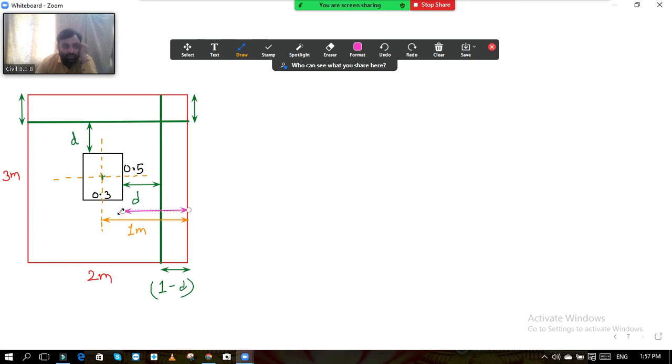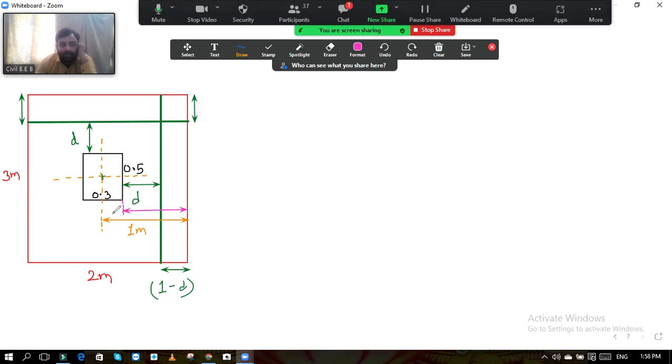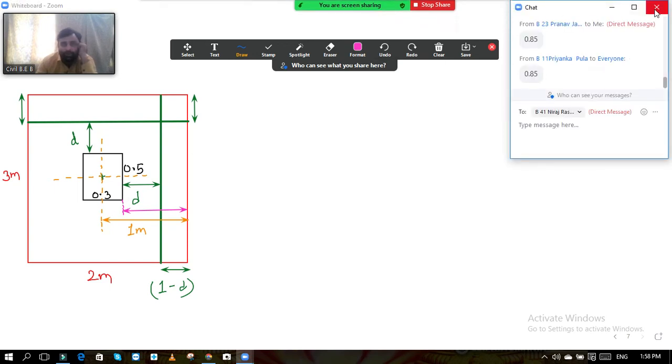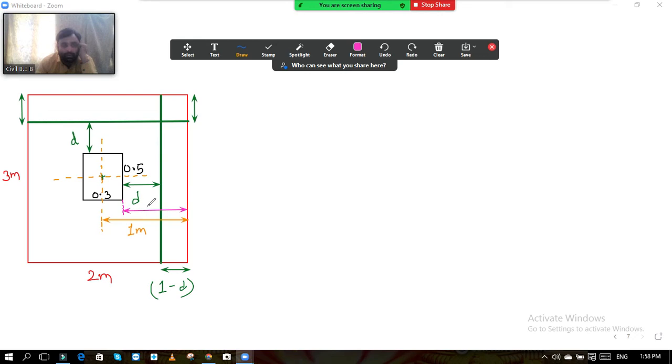किती येणार हे डिस्टन्स? Can anybody tell me from the face of the column, from here, from this point? हे डिस्टन्स किती आहे टोटल? 1 आहे. करेक्ट. मग त्याच्यामधनं तुम्हाला एवढं मायनस करावं लागणार. एवढं मायनस करणार म्हणजे किती मायनस करणार तुम्ही? 0.3 डिवायडेड बाय 2. ओके, सो दिस इज 0.85. हे जे आहे दिस डिस्टन्स विल बी 0.85.